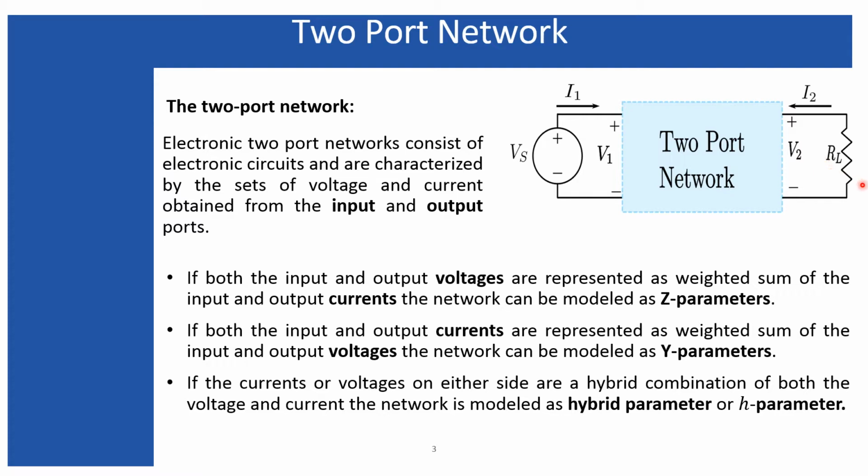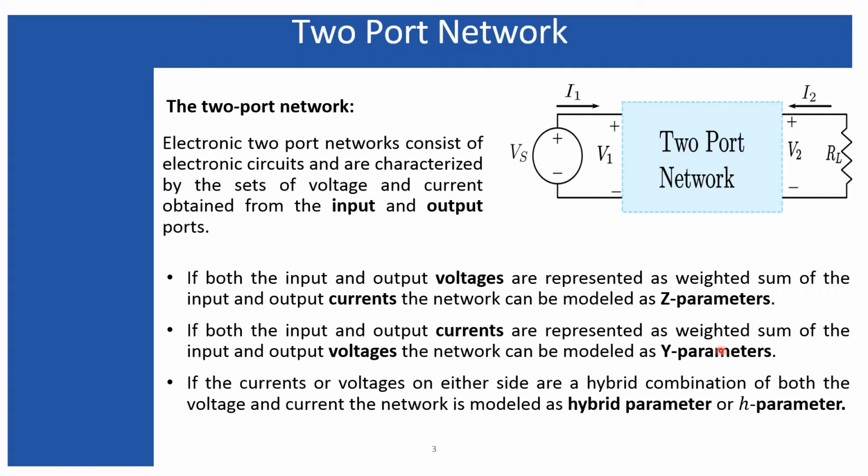Then that model of the two-port network is called the Z parameter model. Similarly, if the input current and output current of a two-port network can be represented as a weighted sum of its input voltage and output voltage, then that model is called the Y parameter model,